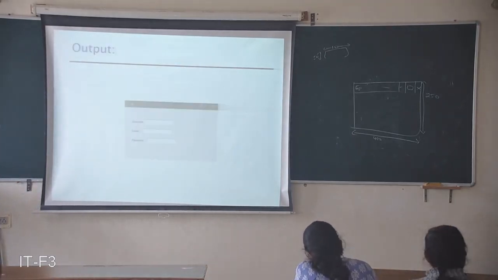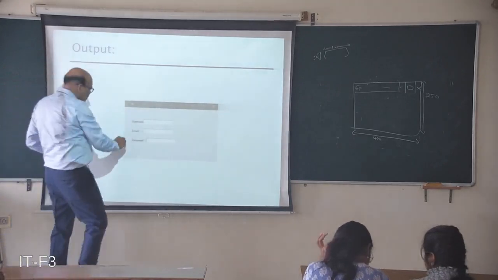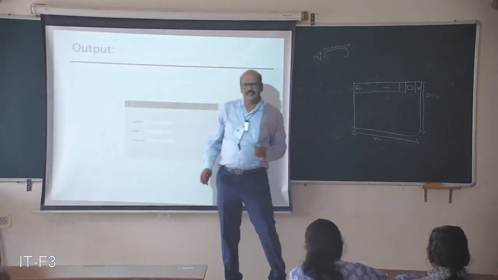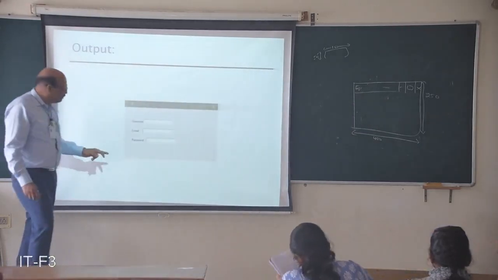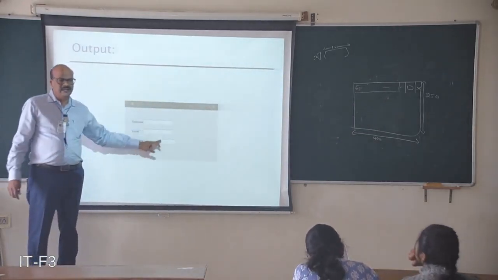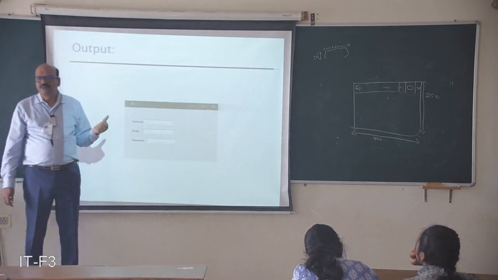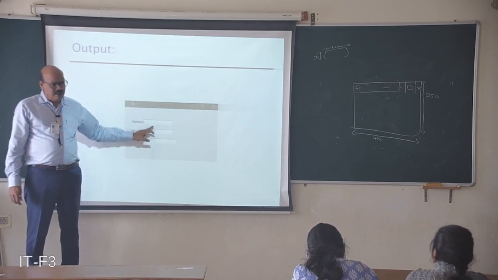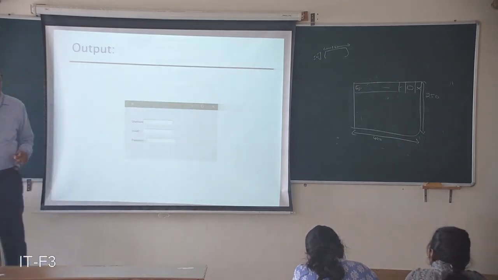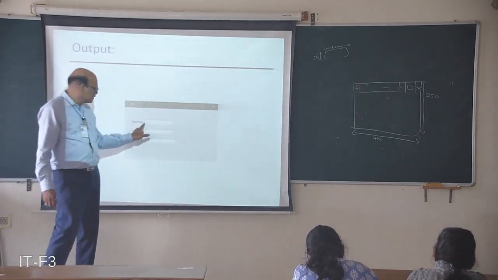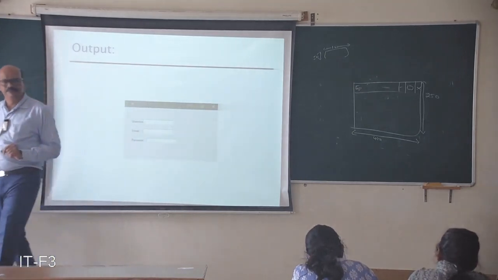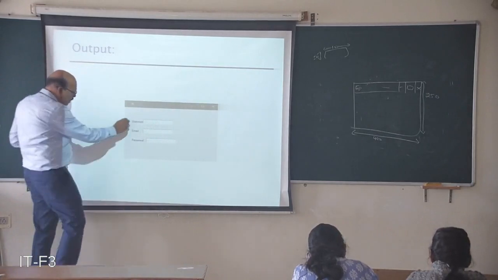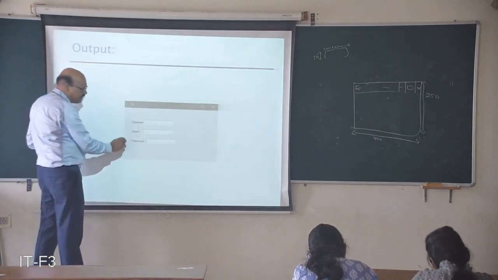Now this is the output that you are going to see. The dimension of this window is set to 400 by 250, that is the size of the window. In that we are creating three labels and three, what is the entry? What are they? They are known as, yes, single line of text. What is this GUI control called? Yes, entry. So three labels and three entries. Now if you see all the three labels, they are starting from the same